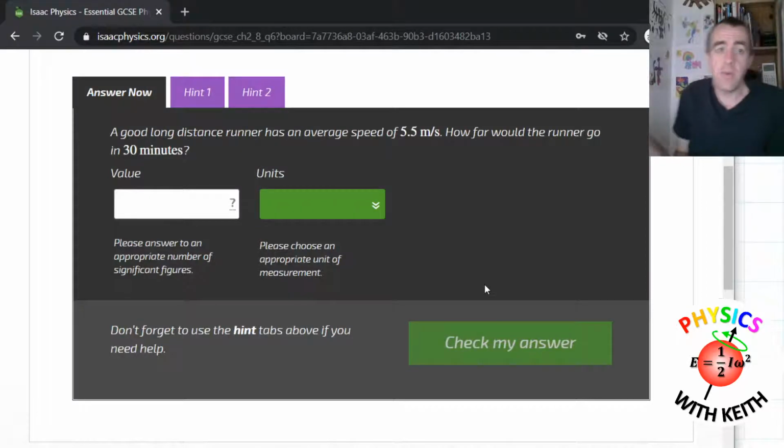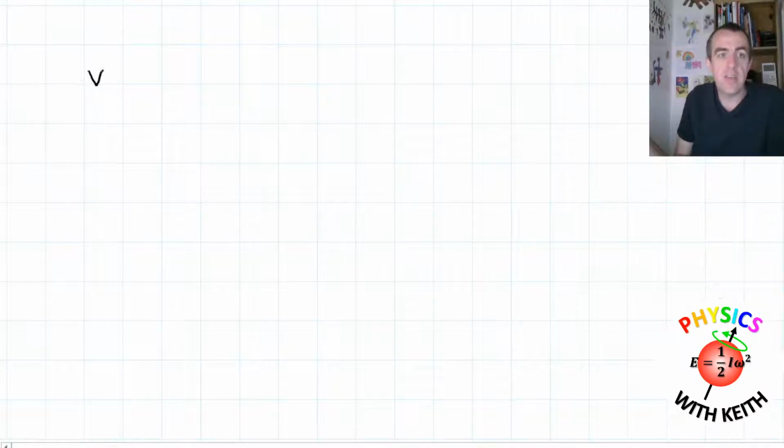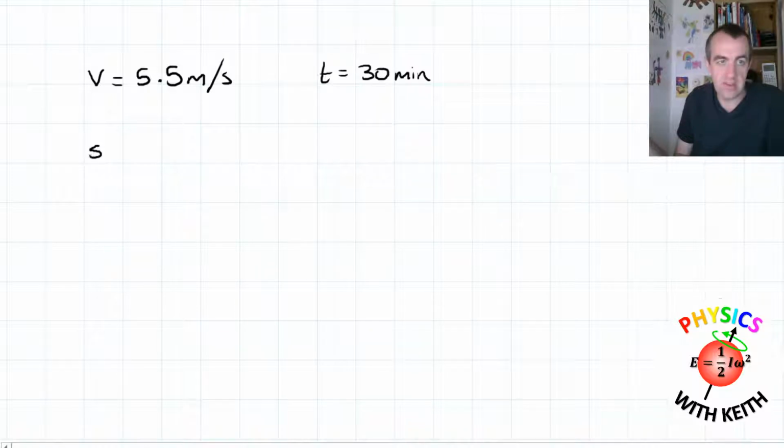If you looked at 8.6, it says a long distance runner has an average speed of 5.5 meters per second, and how far would the runner go in 30 minutes? So we have a speed of 5.5 meters per second, and we have a time of 30 minutes, and we want to know a distance. And if you remember from the video that I put up about this time last week,